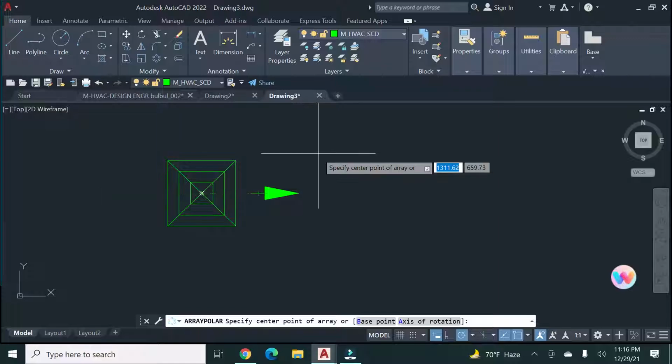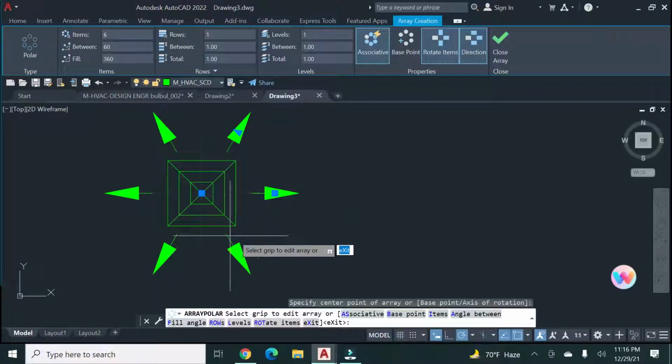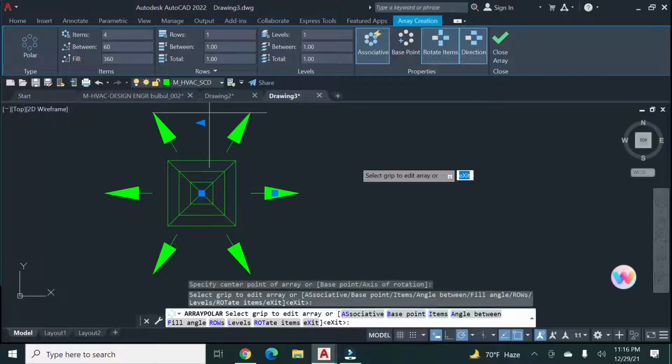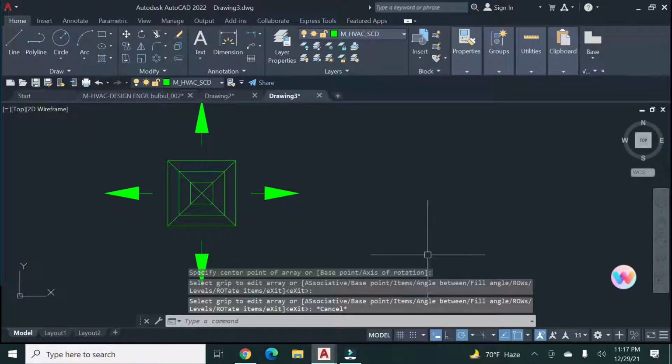It's the midpoint of this. Now click. I need 4 items, here it shows 6 items, so click 4 and enter. Okay, and come out from the command.